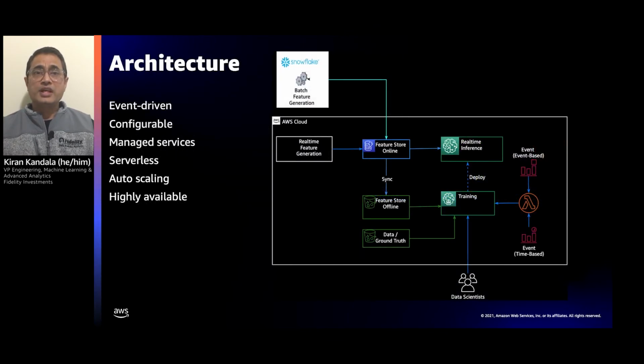I'm going to share a use case wherein we are using customer interactions across digital channels to predict the customer intent so as to provide them with the most optimal service and experience. In order to be able to do that, we generate and ingest features into online feature store. And we do that in two modes: batch mode and real-time mode. In batch mode, we ingest thousands of features that are generated on a large population of customer data. This is done once a day based on a scheduled event.